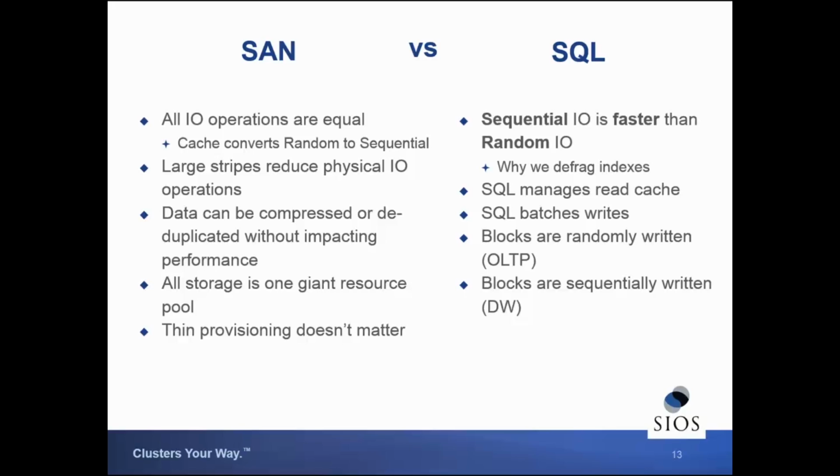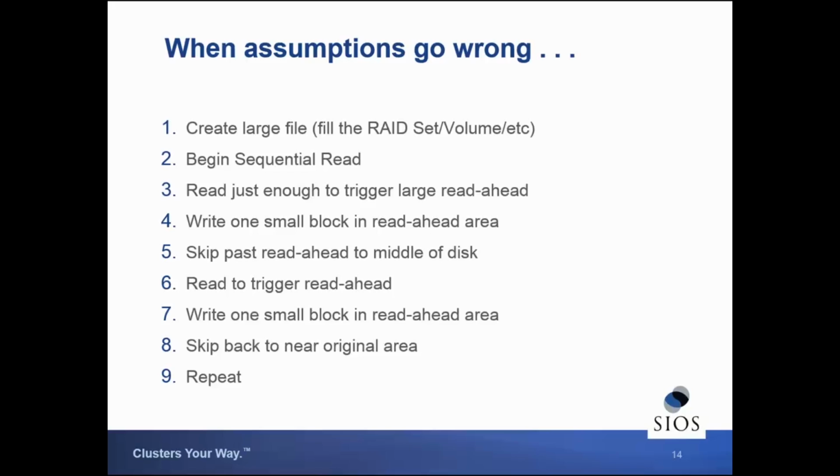Typically, we have randomly written blocks, whereas the OS images, the media files, and even non-media files are typically written sequentially, more like a data warehouse workload. But when you randomly write it and then sequentially read it, you're essentially randomly reading it when you get to a SAN, so you're losing 80% of your performance. We can take these assumptions that are built into the SAN and the way the I/O patterns work with SQL and really make a SAN administrator miserable.